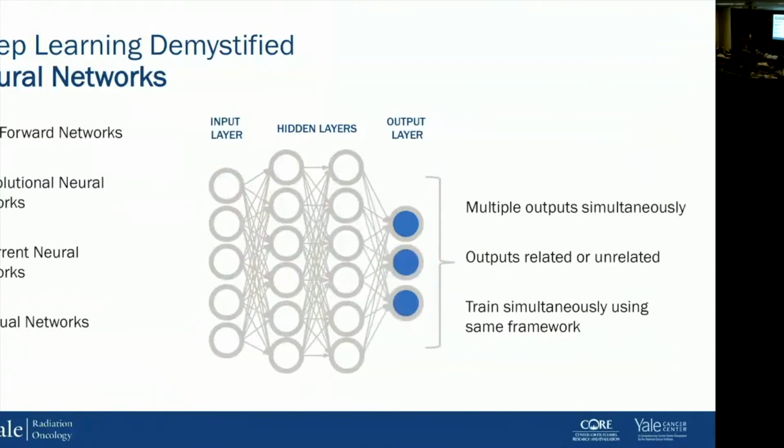But I think there are some benefits to this sort of algorithm compared to a standard regression. For one, you can predict multiple outputs simultaneously, and these outputs do not necessarily have to be related. We're trying to model a nonlinear function, or it could be linear, but it doesn't have to be linear like many forms of regression. We can look at different disparate outcomes that are related or unrelated. And also we can train them all simultaneously. So feasibly you can develop an algorithm, which I'll show you in a little bit, that predicts multiple outcomes at the same time.